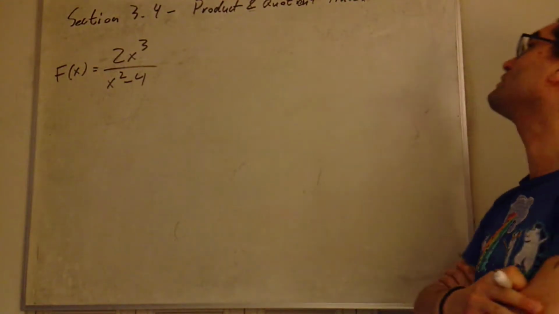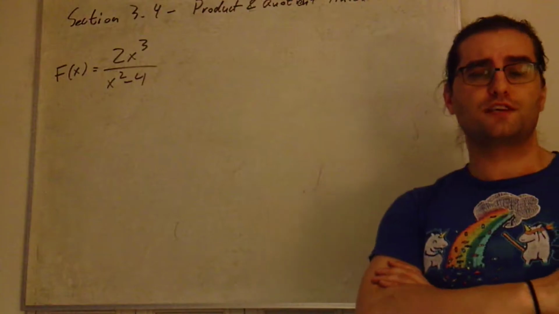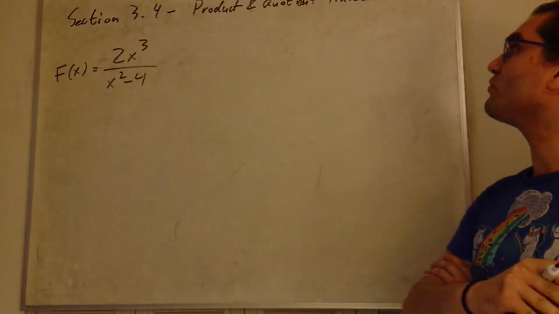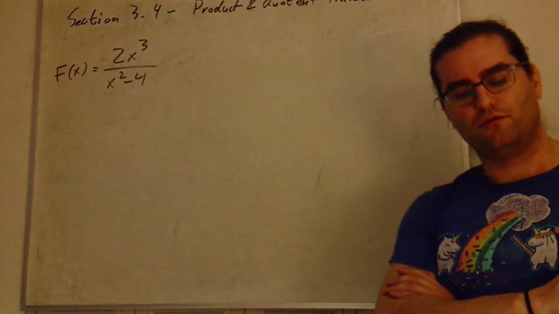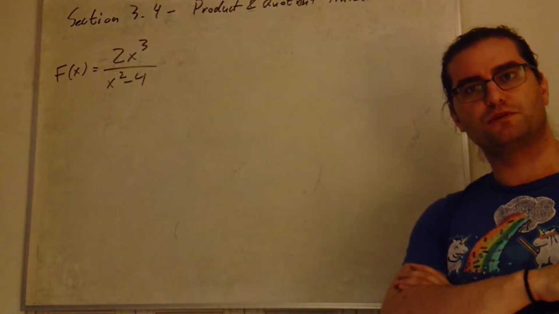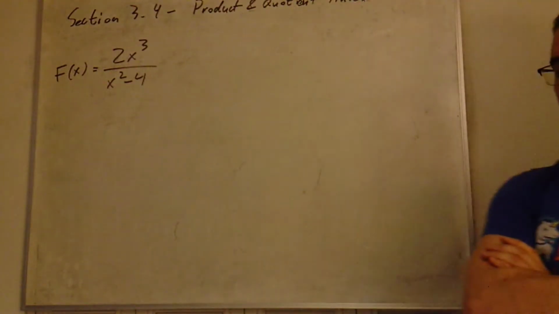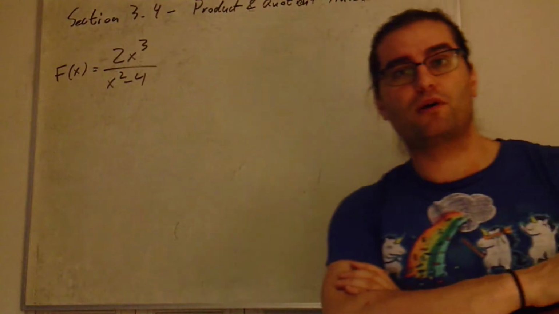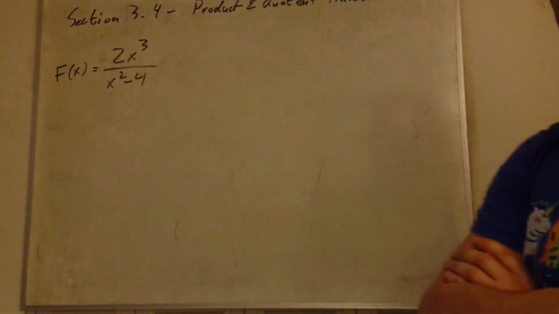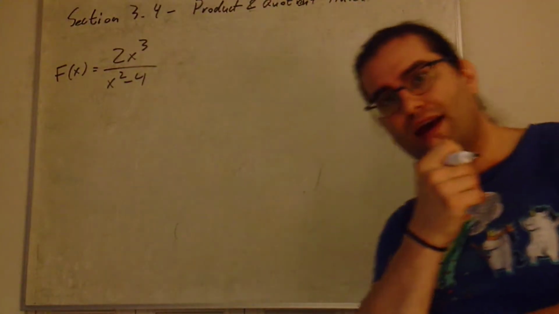Today we're talking about part 2 of section 3.4. Section 3.4 is the product and quotient rule. Hopefully you just finished watching part 1 where we talked about the product rule. Now we're going to talk about part 2, which is the quotient rule, and we're going to talk about this